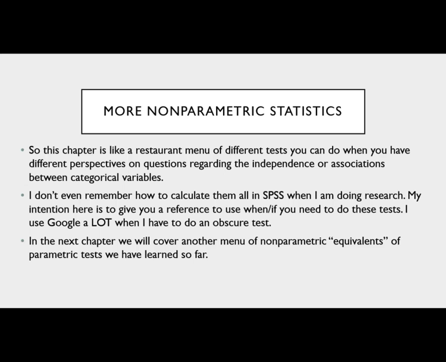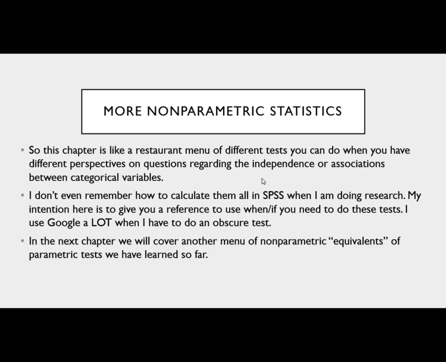I published a paper where I've done both. It violated assumptions. I did the non-parametric, and then I ran the parametric and showed that I got significance in both instances, and it made the editors happy, and I got it published. So just know that there are many non-parametric options, and if you can't do the parametric stat, then look to the non-parametric. Like I say here, this is like a restaurant menu of different tests you could do